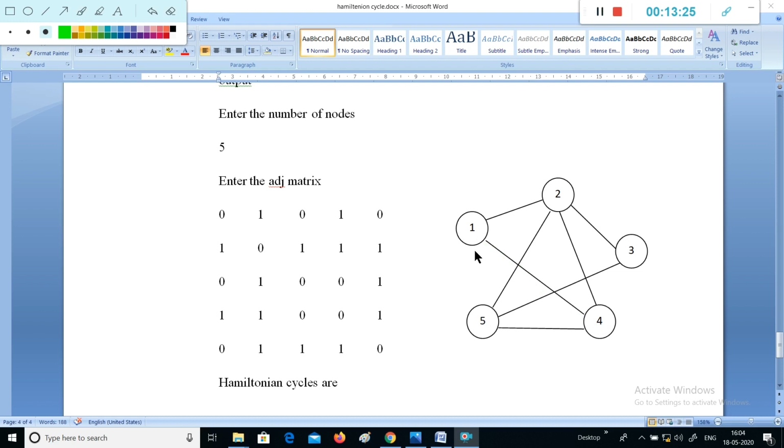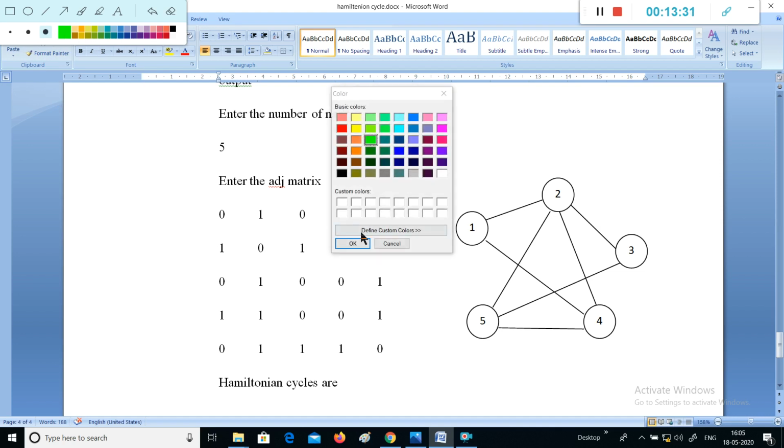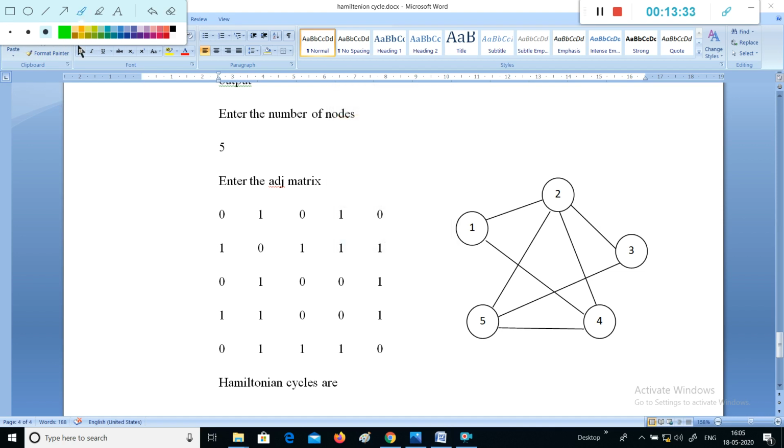Like this, we go to another node, vertex 2. There is an edge from 2 to 1, you add it as 1 in the graph, and there is no edge from 2 to 2, 0. From 2 to 3 there is an edge, 1; 2 to 4 there is an edge, 1; 2 to 5 there is an edge, you add it as 1. So we have added all the next elements in the matrix as 1 1 1.